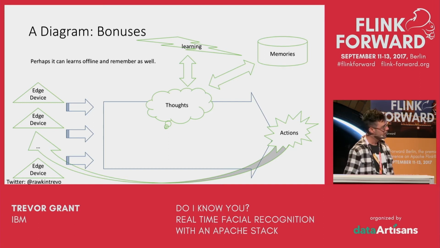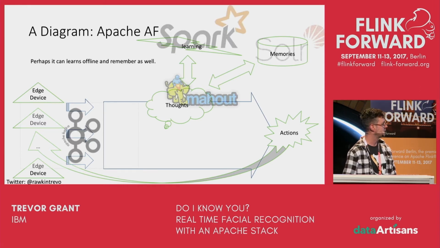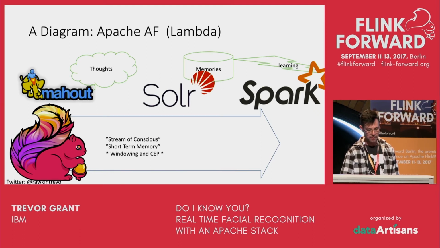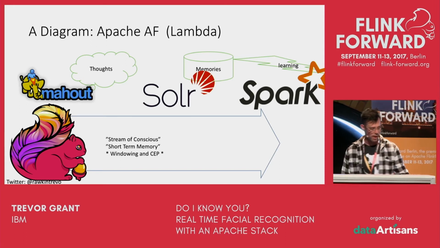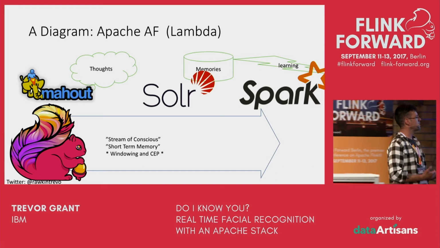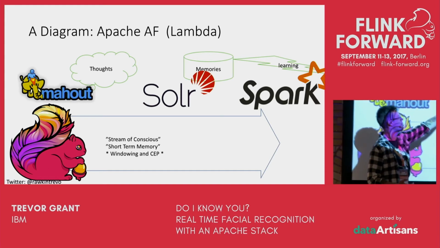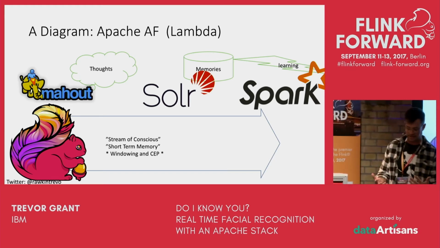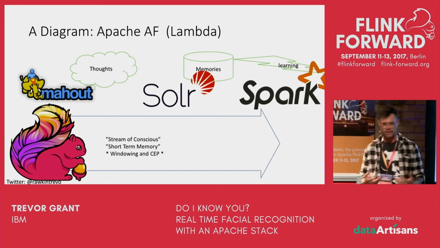happen, memories. Now, you probably are guessing that this is all just a setup for a bunch of Apache projects, that we can create a really, really nice first-class artificial intelligence engine out of off-the-shelf open source Apache. That would be the Lambda system, and the system I've laid out is Lambda, but could be easily turned into a Kappa. But if we're going to consider the higher brain functions like Mahout, and the memories are Solr and Spark doing the learning, then a way we can think of Flink in this context of an artificial intelligence engine is Flink